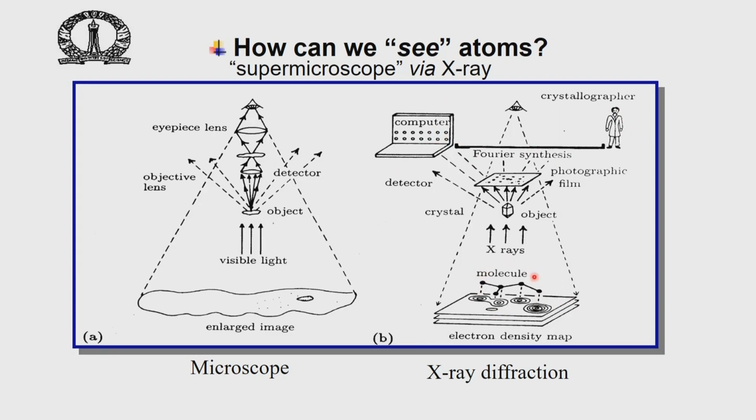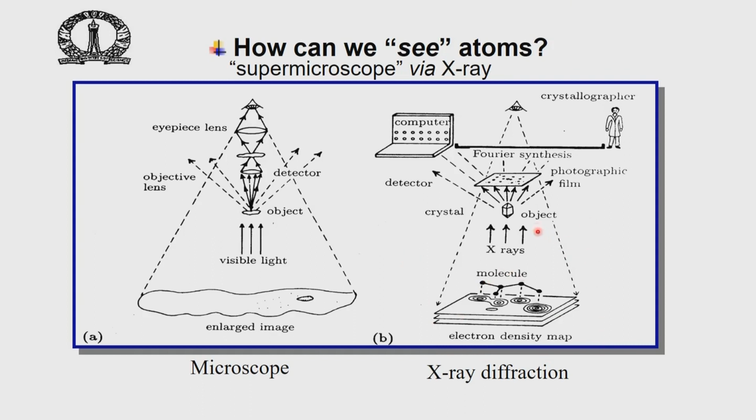In the image of the object, we will see the positions of the atoms. What we see are not the positions of the atoms per se, we see the so called electron density distribution. The heavier the atom, the more the electron density, the lighter the atom, the less the electron density. So, you get what is known as an electron density map. This in a nutshell tells you what we do in X-ray diffraction techniques.